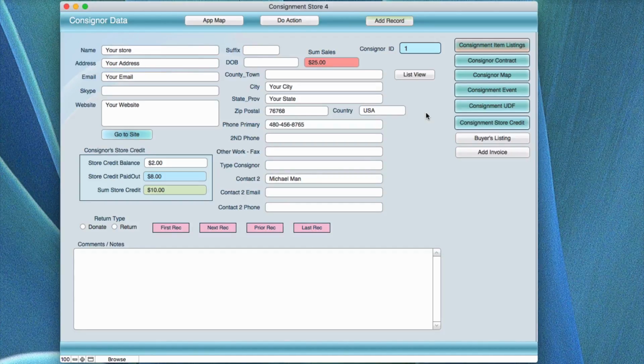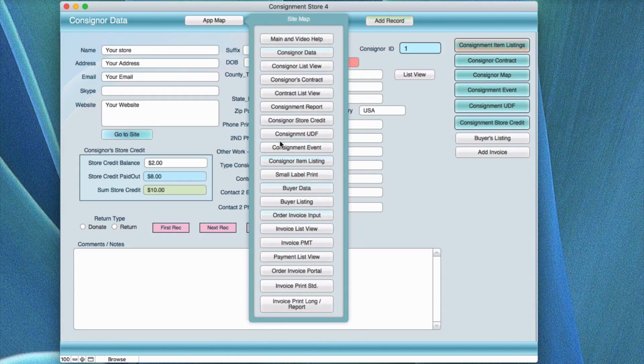In this video help, we're going to be completing the Consignor's data screen overview on the buttons over here, which are called popovers. I'm going to go ahead and start by going to the Consignor item listing. But before I do that, I want to point out that these are still screens that are in the sublisting